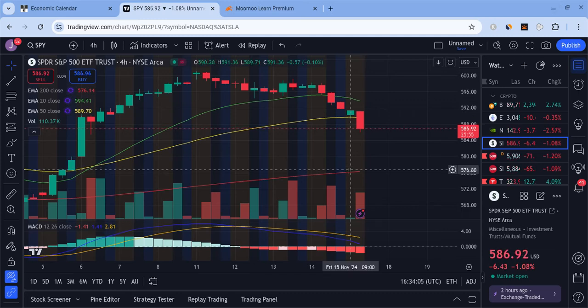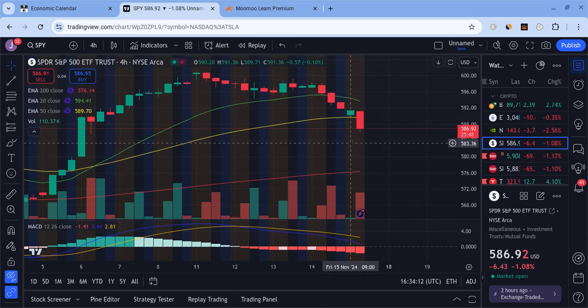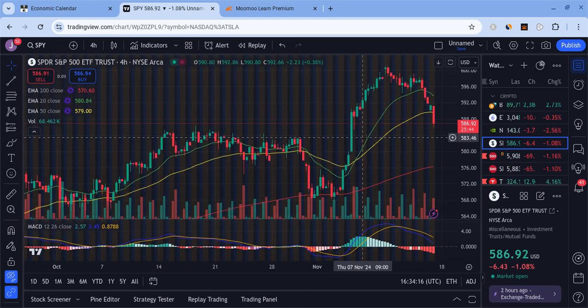And in this one, I want to break down what's happening with SPY, Tesla, and the overall market. Talk about how the market's approaching some very, very critical support and what kind of reaction we may end up getting from this. But just know that I am not a financial planner,